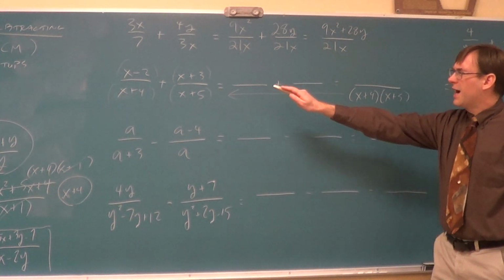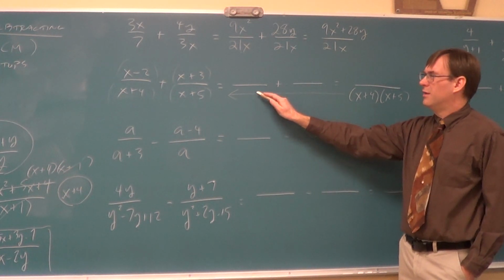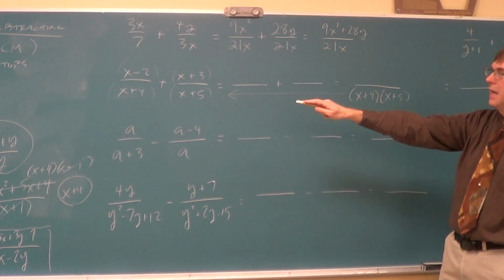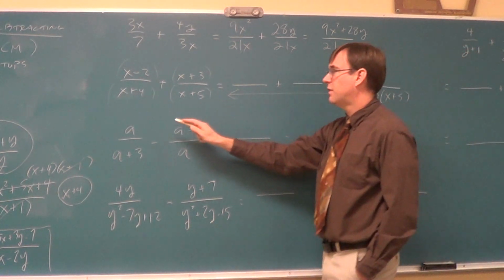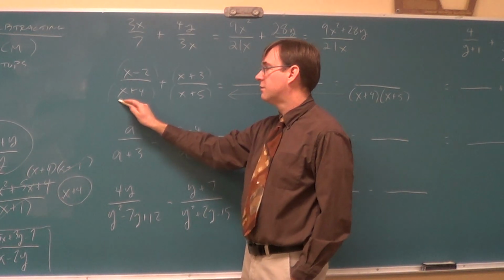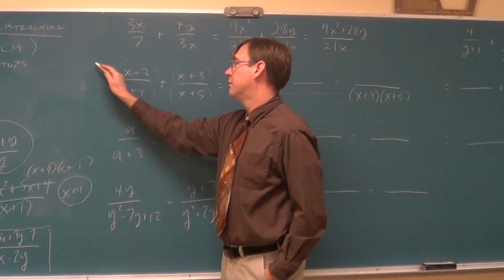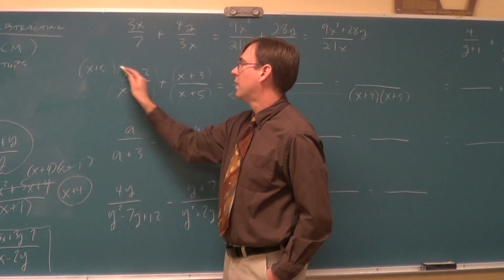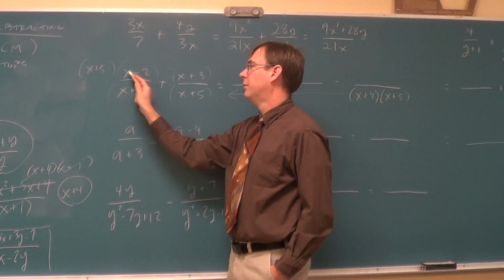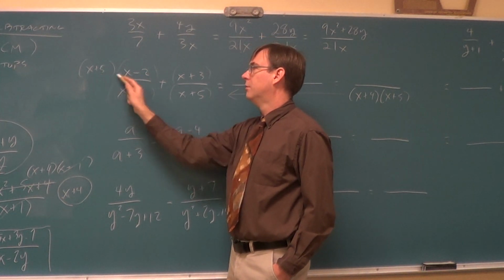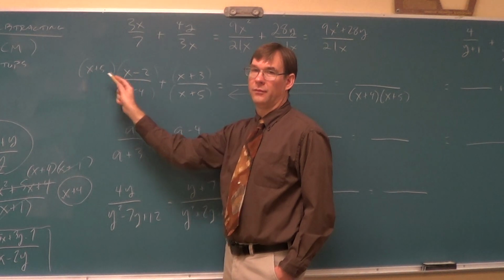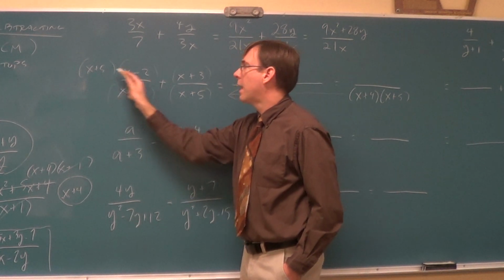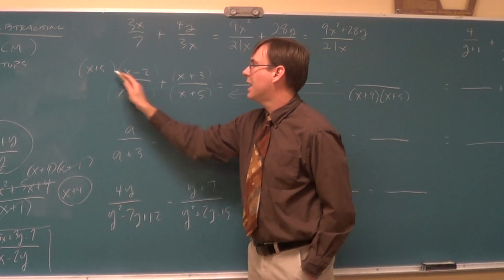For the first fraction to make its transition, what did the first fraction lack? x plus 5. So if you're going to introduce an x plus 5 on the bottom, you've got to do that on the top. And then what's this going to have to do? Even it out. What's it called? FOIL. We're going to have to FOIL that out. So if we FOIL this out,